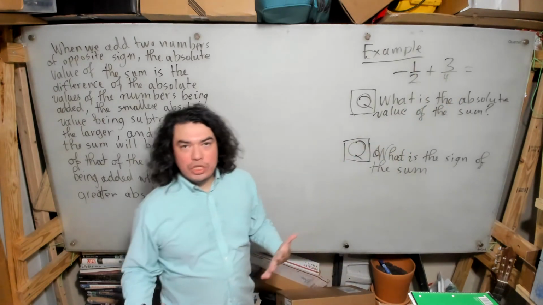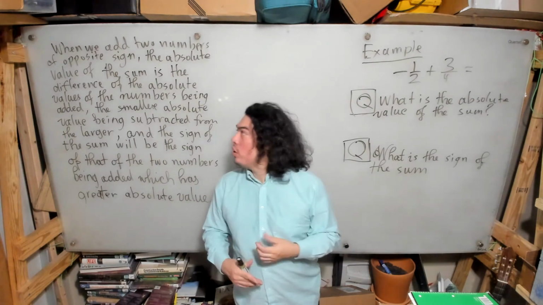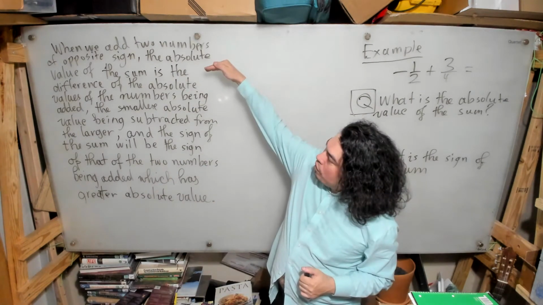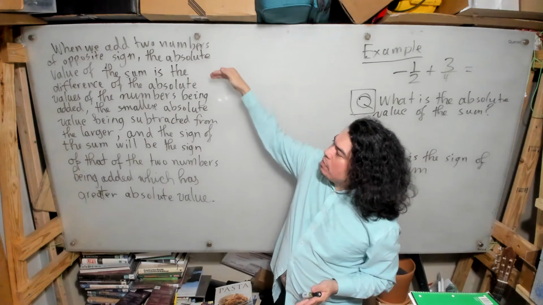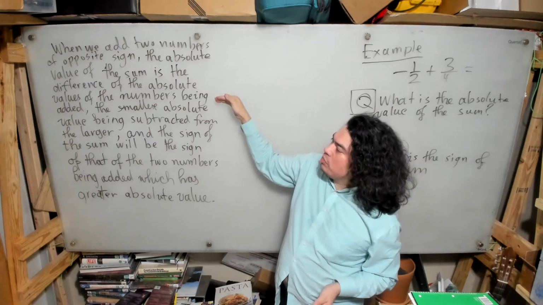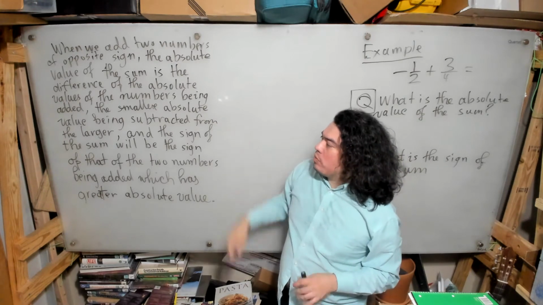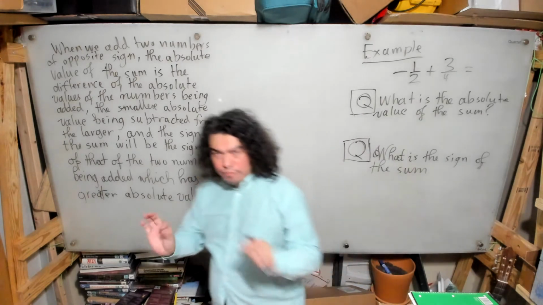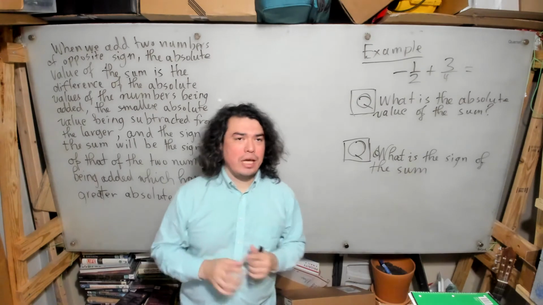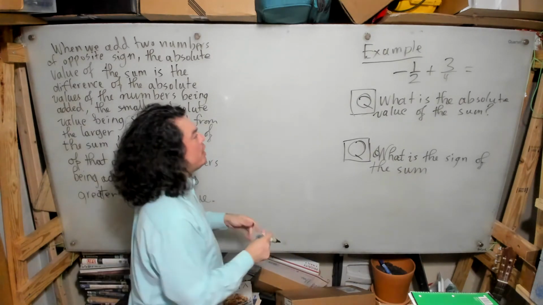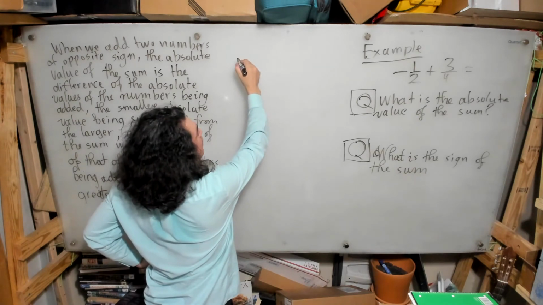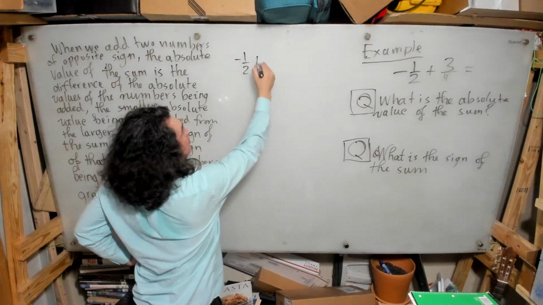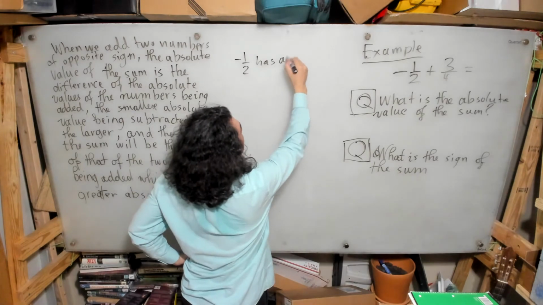So now the question is, what are we going to do? Well, first, in order to get the sum, we have to find the difference of the absolute values of the numbers being added, the smaller absolute value being subtracted from the larger. So the first thing we're going to do is find the absolute values of these numbers. We know that the absolute value of negative 1/2,